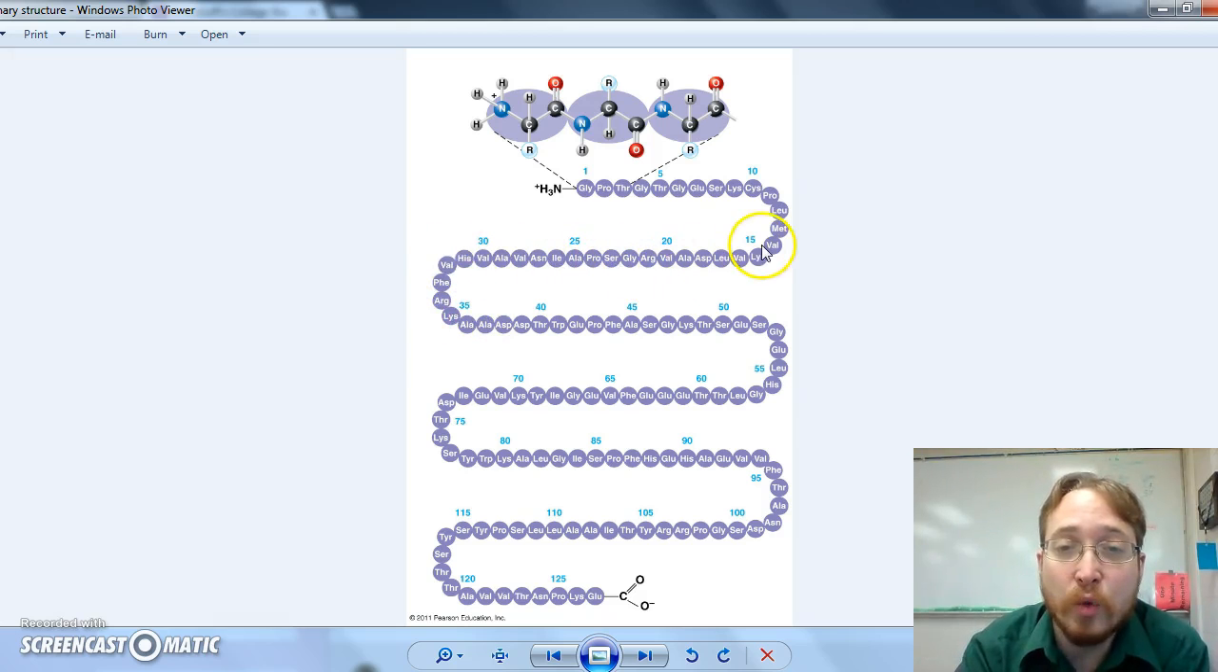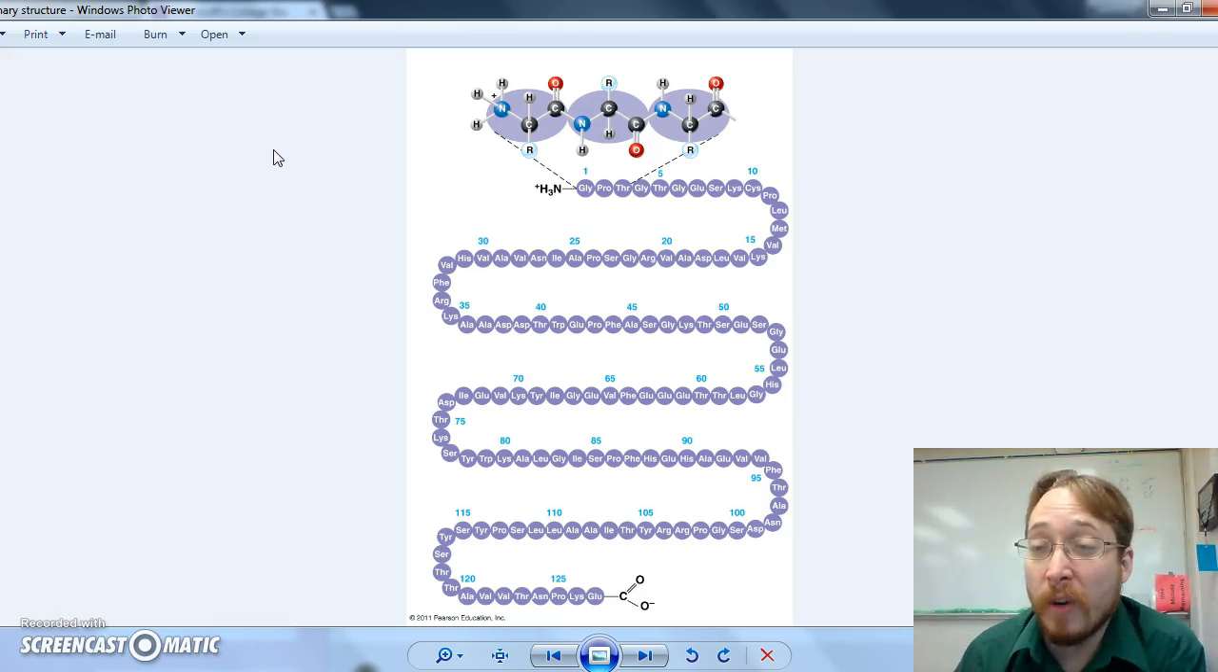And this is the stage 1. This is our primary structure of the protein, the order of the amino acid chain, which is called a polypeptide. So you make a polypeptide, that's stage 1. We're going to go forward into stages 2, 3, and 4